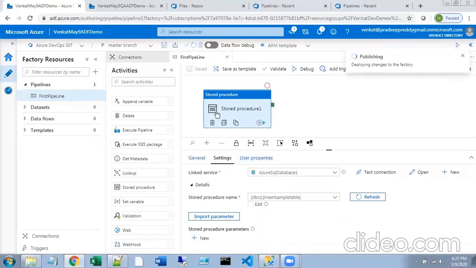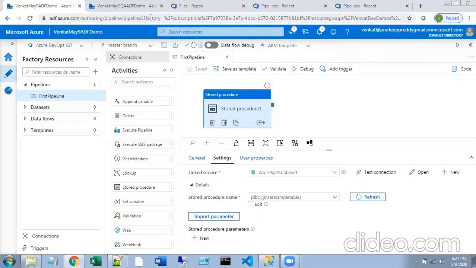Now, as you completed creating your dev pipeline, I'm committing the code to my Azure DevOps Git environment. As soon as that publish is completed, I mean the code committing is completed, it started generating the ARM templates. Those are the templates that we are going to use for implementing continuous integration and continuous deployment.